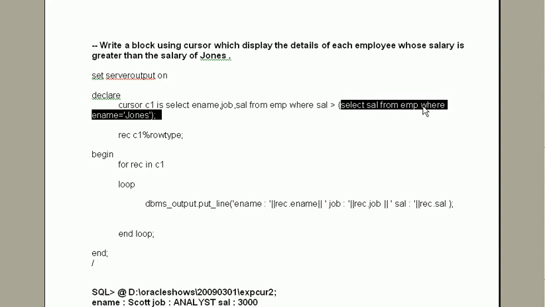So we will get all salaries greater than John's salary here. We selected 3 columns, ename, job and salary, and in the condition we have written the second query, a subquery, that gives the salary of John. So it can be compared with the salary and we are taking the greater salary.